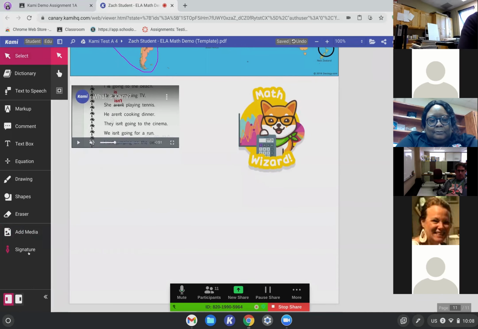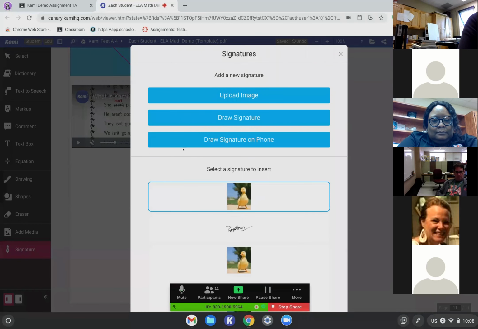And the last tool here is the signature tool. So this allows us to add in an image of our signature to sign off on the document. So I can upload an image if I have a photo or scan of my signature readily available. I can draw the signature on my device if I'm working from a touch screen, or I'm happy to draw